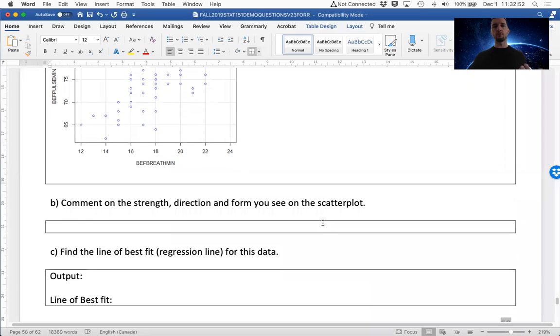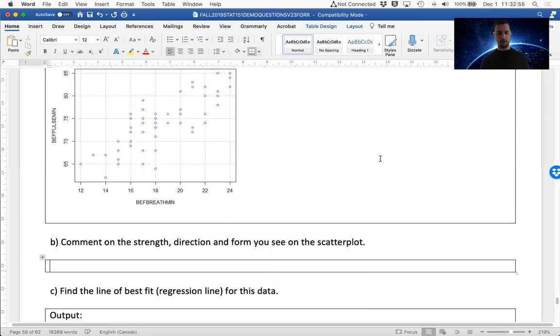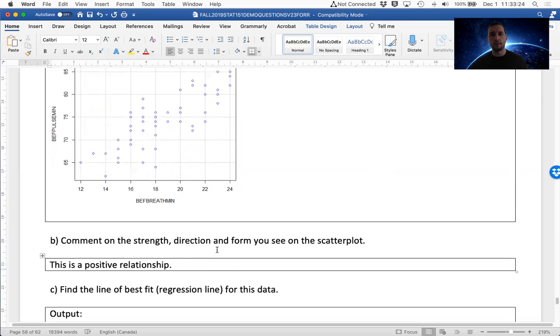Okay, comment on the strength, direction, and form you see on the scatter plot. So this is a positive relationship. It's positive because as the X variable is increasing, the Y variable is also increasing. Positive relationships go in the upward diagonal direction. Negative relationships go downward. So as X gets bigger, Y gets bigger, that's positive. As X gets bigger, Y gets smaller, that's negative. Comment on the strength and direction. The relationship